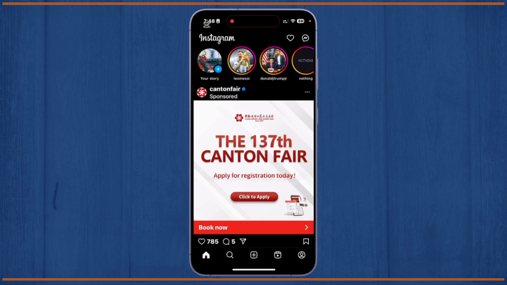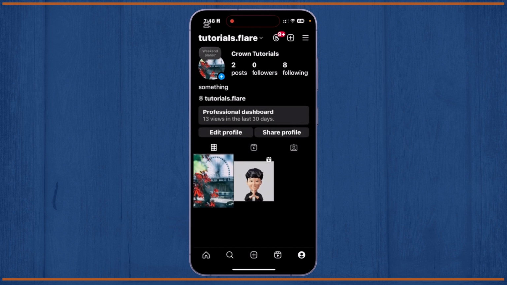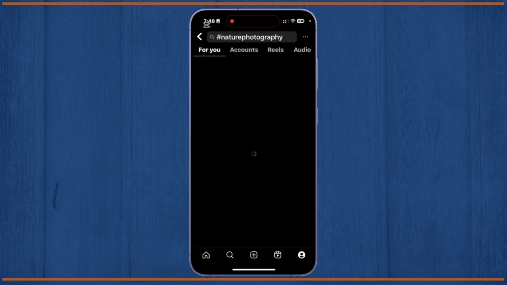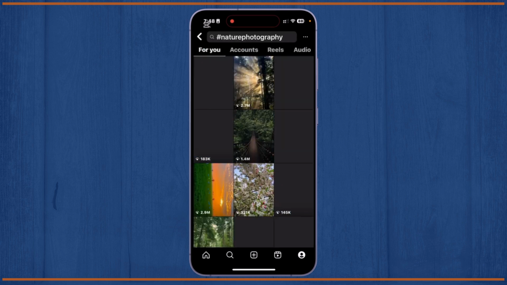So now from here, you can choose any post, and from there you'll have to choose the hashtag. So simply from here, I will choose the hashtag from my post. Alright, so now after you find the post, below it you'll find the hashtag. So simply from here, after tapping on this hashtag option, you'll be able to see every post related to the